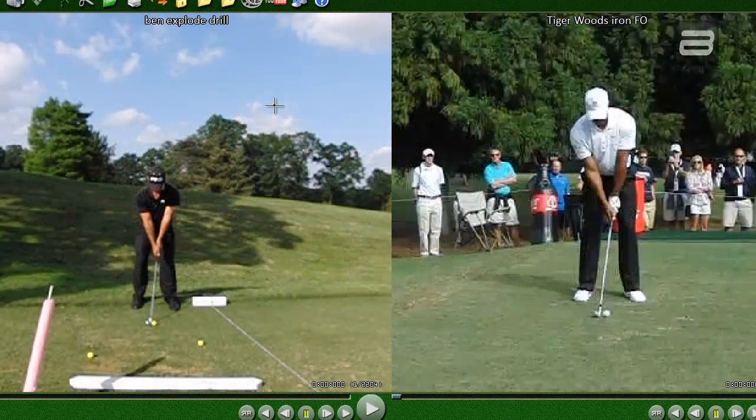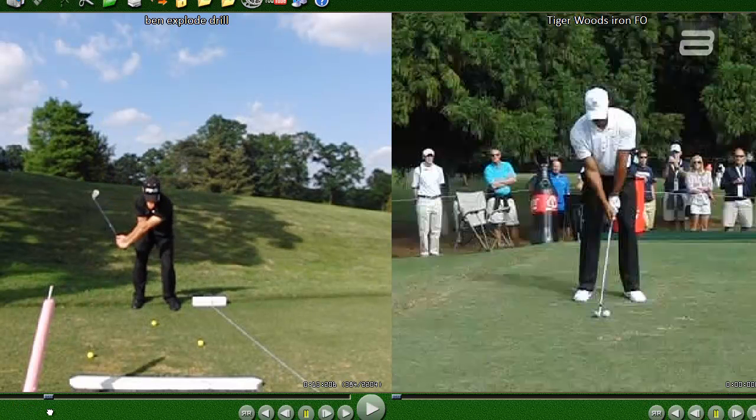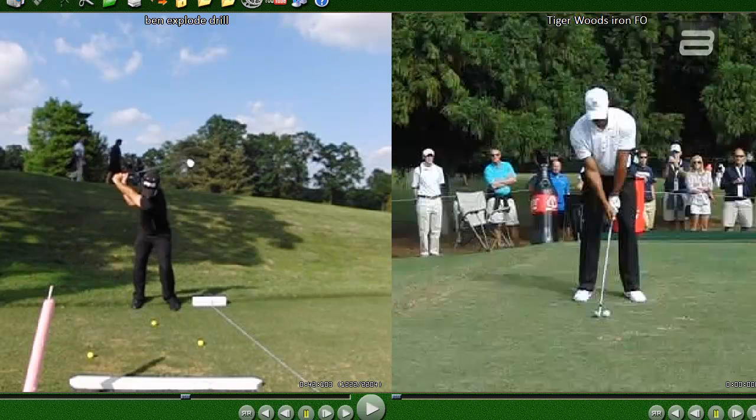Okay, Cooper, so here's the drill that I mentioned after our last lesson in regards to creating clubhead speed. What I want you to do is just go ahead and make a normal backswing. I want you to come on and pause right about here. Ignore what I'm doing. That's an anti-hurry drill, but just make a normal backswing. Come on down. I want you to pause